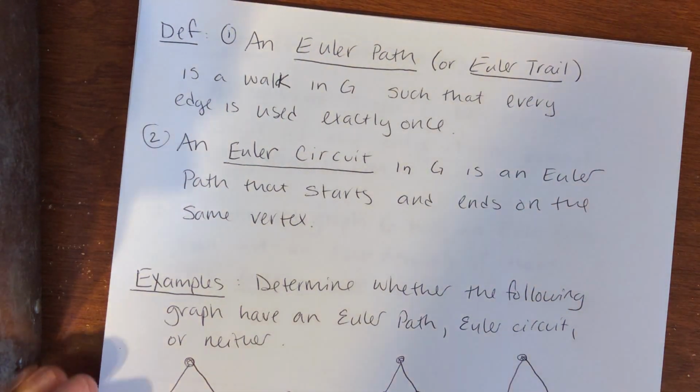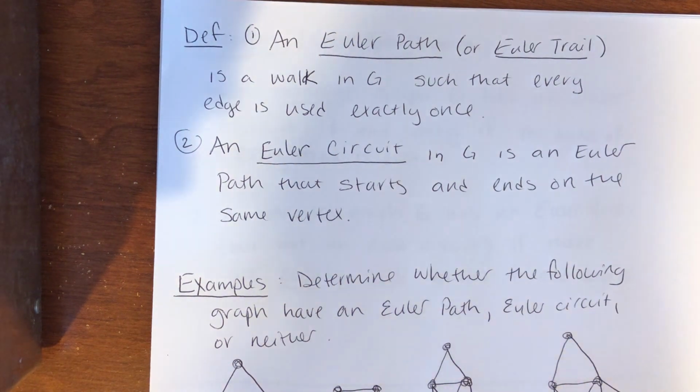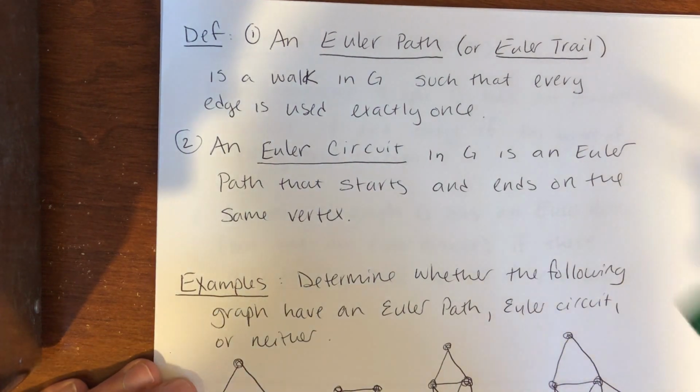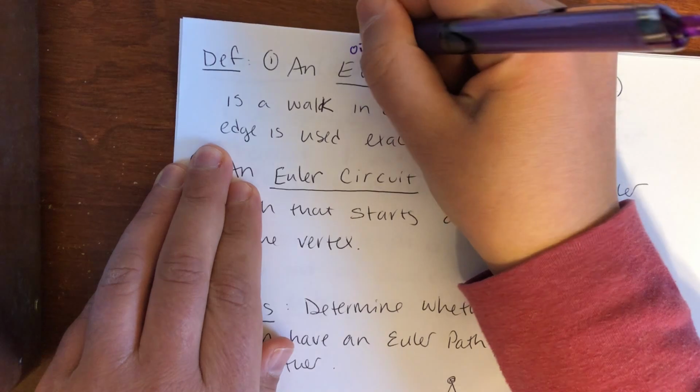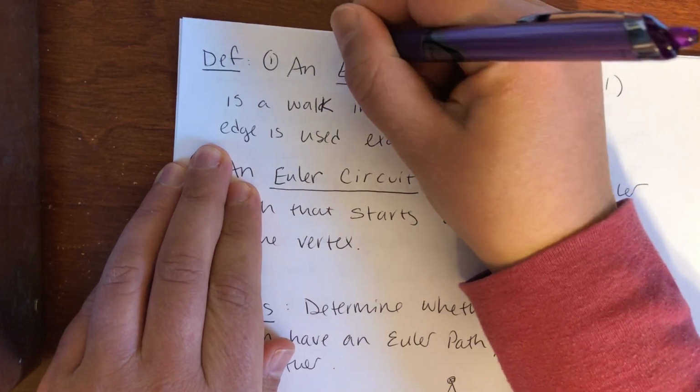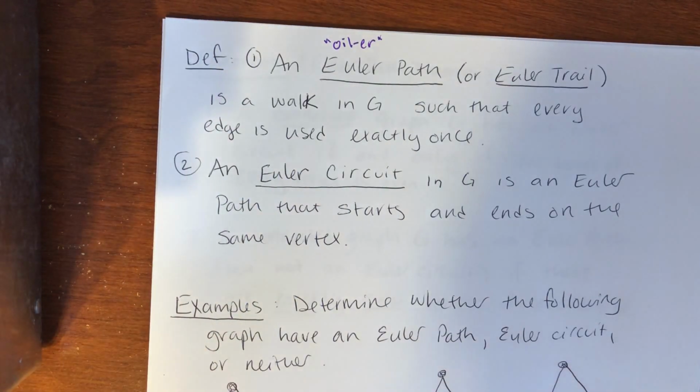So that graph we were looking for in the warm-up, where we were walking around the bridges of Königsberg and we wanted to cross every bridge or every edge exactly once, we would call that an Euler path. I'm just going to make a note here. This is pronounced Euler, right? Not Euler, not like Bueller. So an Euler path, or sometimes called an Euler trail, is a walk in a graph such that every edge